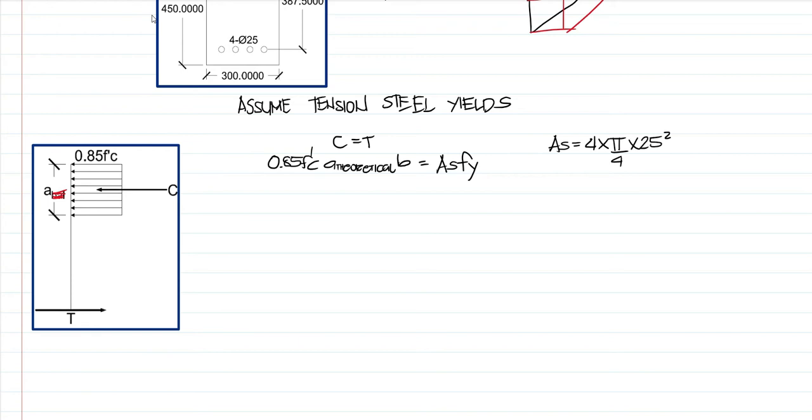So our As now will be equivalent to a value of 625 pi. So, ito na yung value ng As natin. So, this is in mm squared. So, after getting the value of As, i-arrange na natin tong static equation natin na galing sa stress diagram natin na C is equal to T. So, that is a theoretical